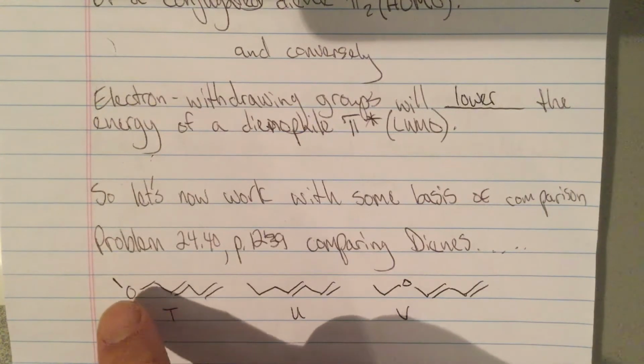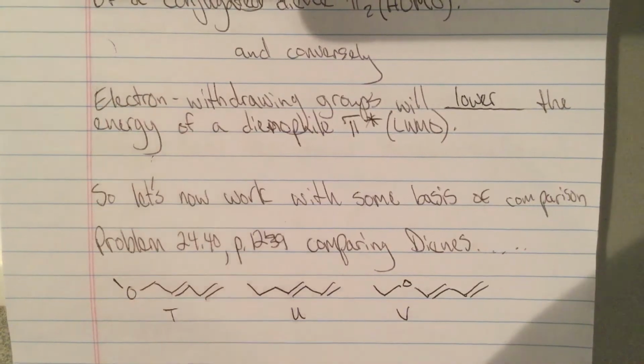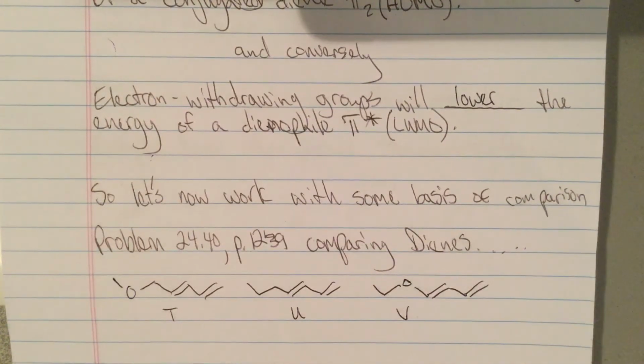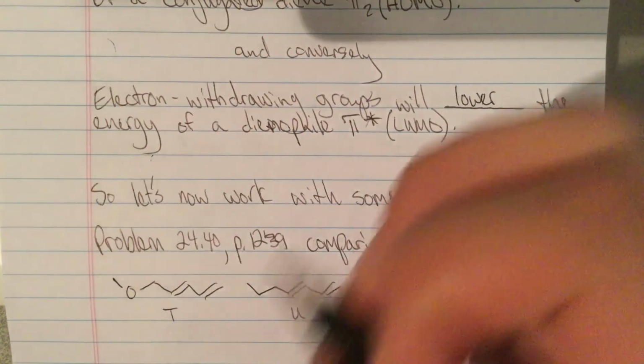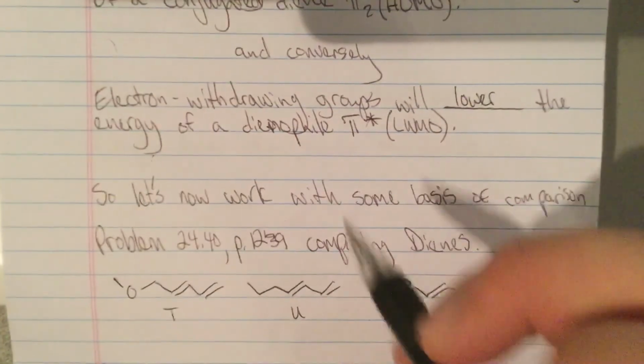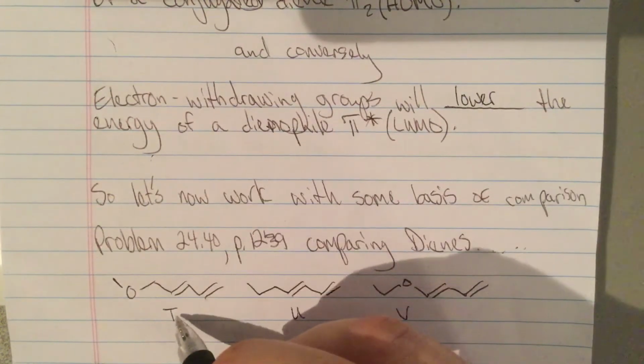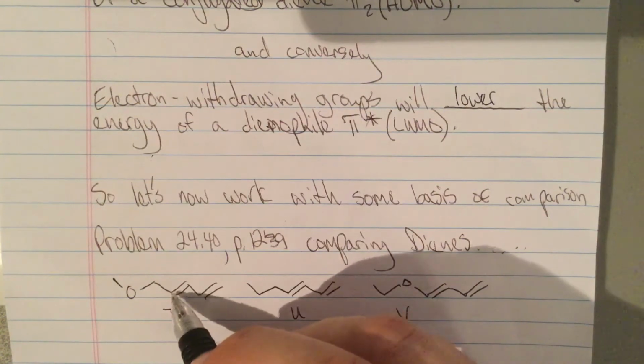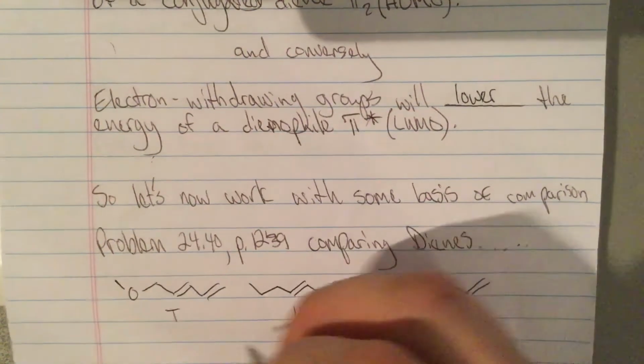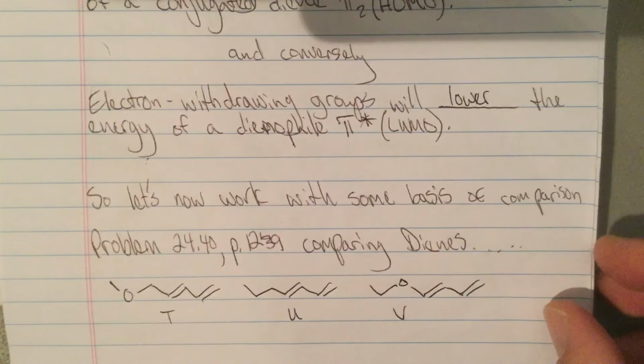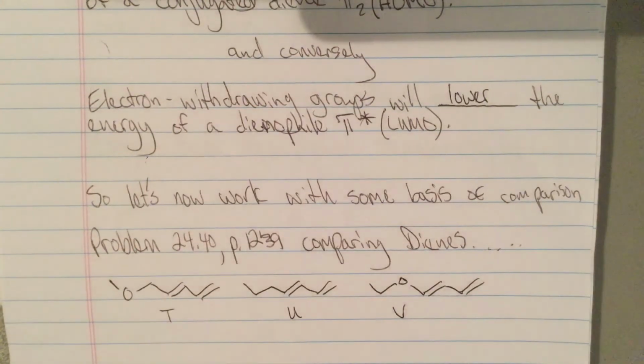However, you have an oxygen that's pulling electron density away. Remember, oxygen's most electronegative, at least in this context. So, in other words, this is going to be the slowest, right? Because we're looking for electron donating, not electron withdrawing. So, in other words, you're going to see